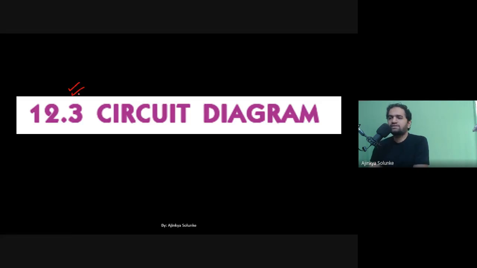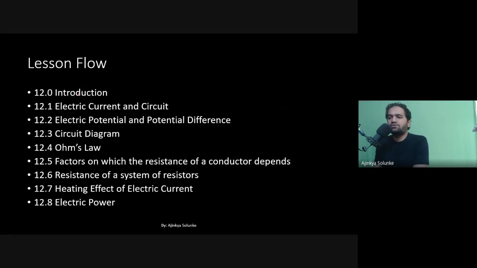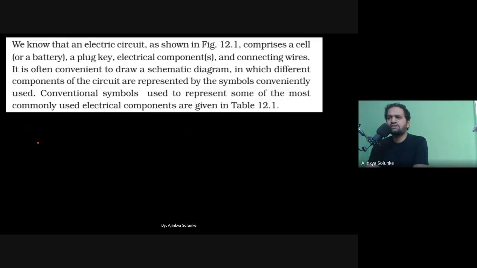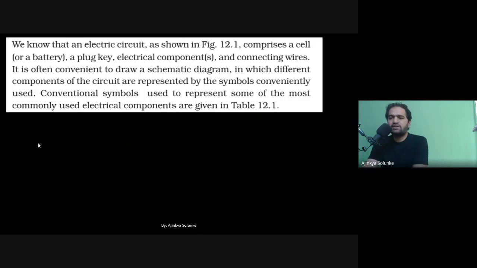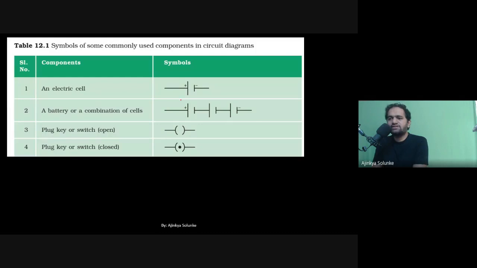Okay. So let us start with circuit diagrams. We have completed the first, second, and third, the details we have seen. Now we have to go for circuit diagrams. Let us see what the symbols are and what they are used for. First question, why do we have symbols? They have given a list of symbols. Why do we even require symbols? Can't we just draw the picture?